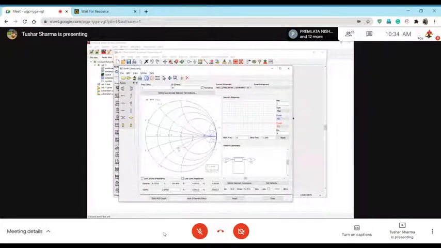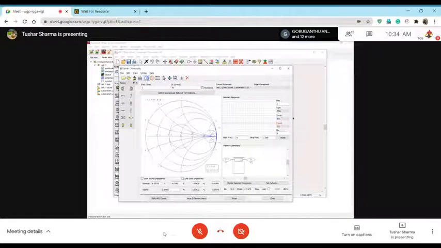Then if you keep increasing the line length, check this, I'm increasing the line length, I reach 50 ohms, I reach 25 ohms, and then I go up. So basically if I change the line length, I am covering the circle around 50 ohms, with a radius of 0.5, basically 0.5 to 1. So I can make a radius around this. So this is what it is showing, how a transformer works.